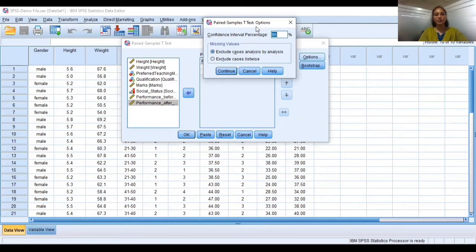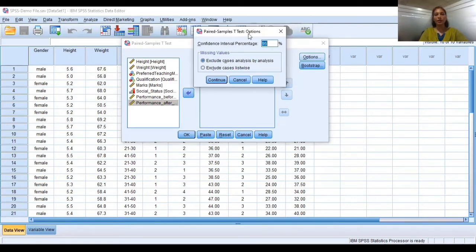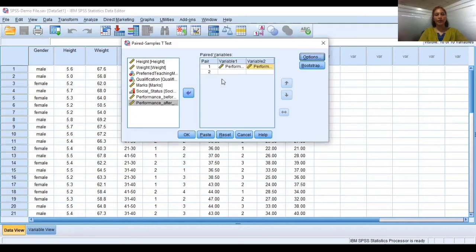When we click on options, the paired sample t-test options box will open, and in this the confidence interval percentage is 95%. This is the default in SPSS. If we want to make any changes in this percent, we can. If we want to make it 99, we can do that. If we want to make it 90, we can, or any other value. If the confidence interval percentage is 95, we can say the level of significance would be 5%. So after setting this confidence interval value, we need to press continue,